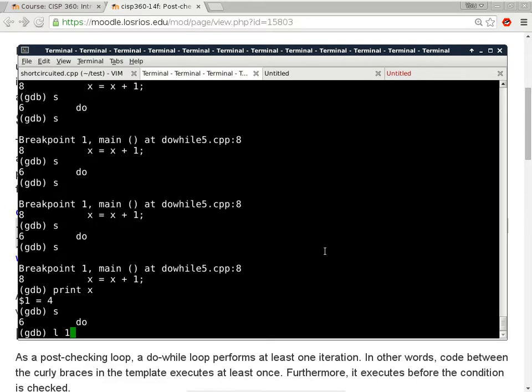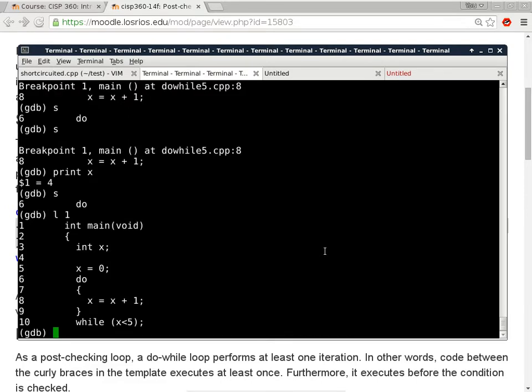Let me just list the line numbers again. So we are actually on line 10 right now. It is evaluating whether x is less than 5 or not. So when we single step, it would evaluate x is less than 5 is now false and get out of the loop